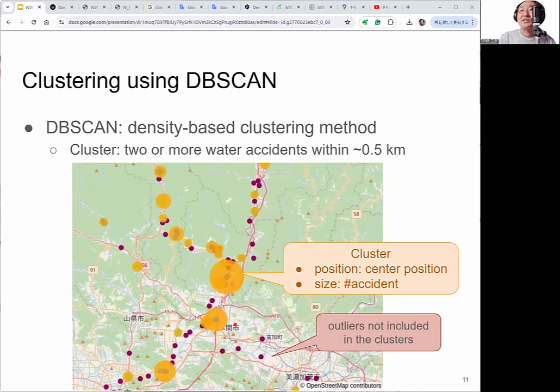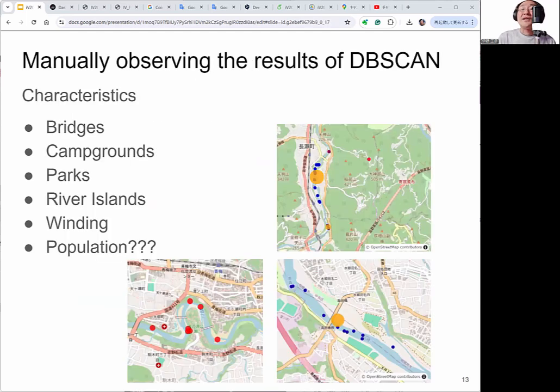DBSCAN is a density-based clustering method, and we extract clusters that have 2 or more water accidents within about 0.5 kilometers by setting parameters of DBSCAN. And then we manually observe the result of DBSCAN